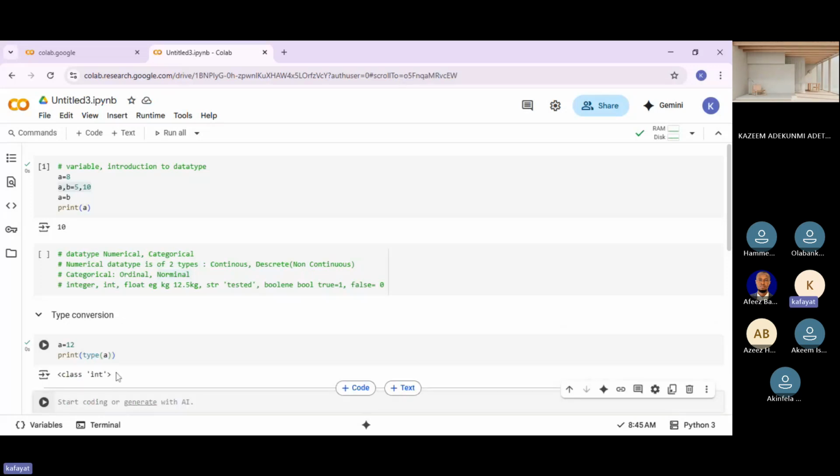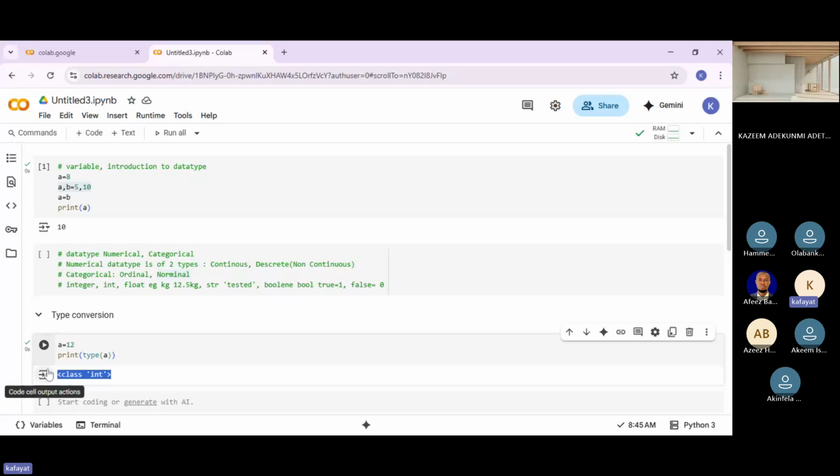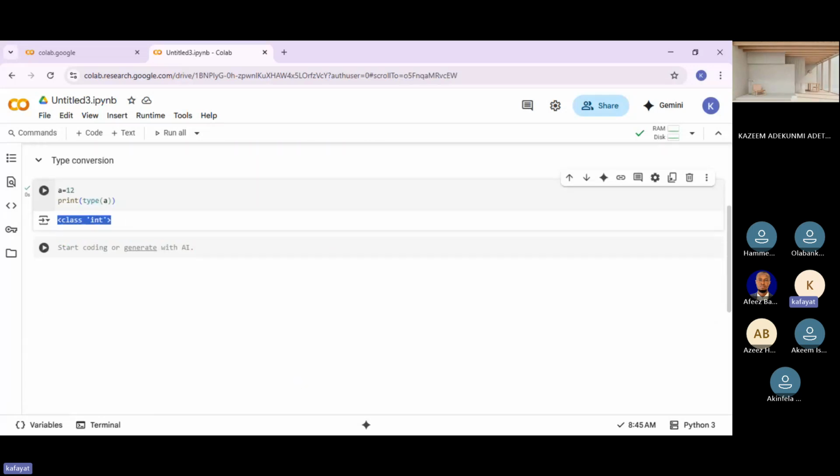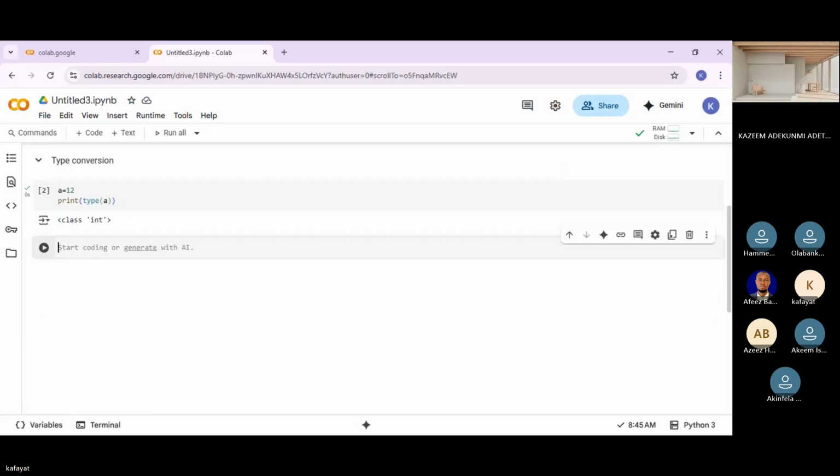It returns class int, which is telling me it is an integer. In some cases, I'm asked to convert this integer value to a floating number, a float point. How am I going to convert this to a float point?